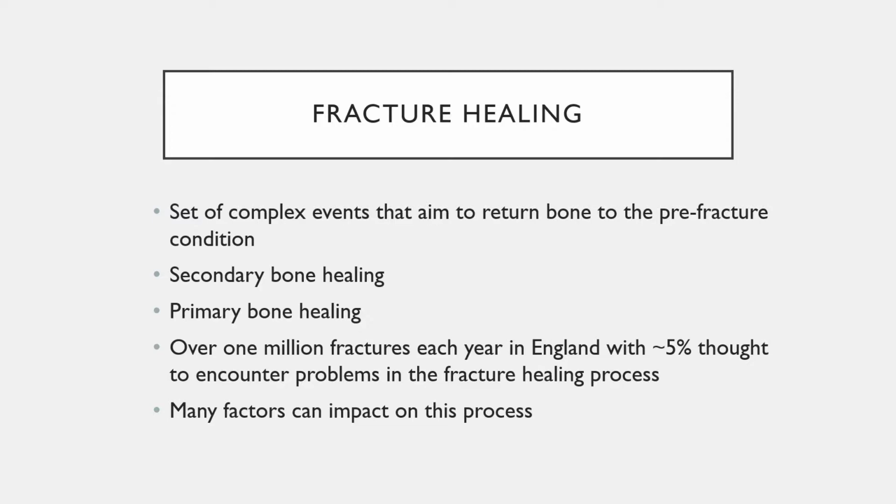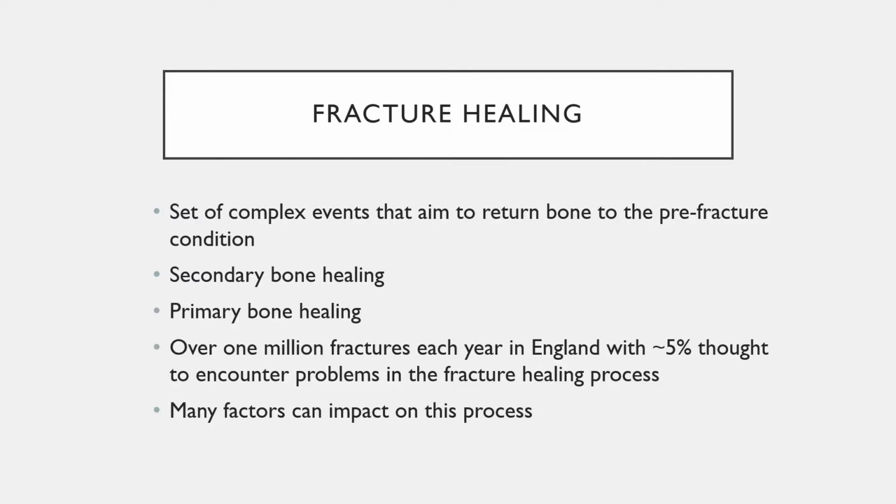This type of bone healing occurs when there is relative stability, so a small amount of movement at the fracture site. In contrast, primary bone healing occurs when there is absolute stability of the fracture, typically achieved by internal fixation. The mechanism in primary fracture healing is often referred to as cutting cones. So this is when tunnelling osteoclasts traverse the fracture site and are followed by osteoblasts that directly lay down new